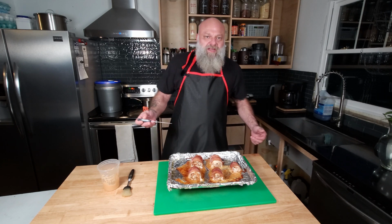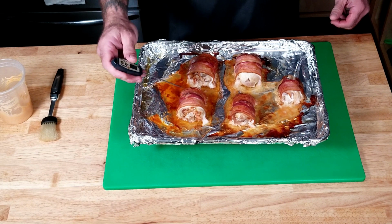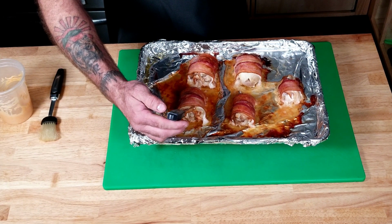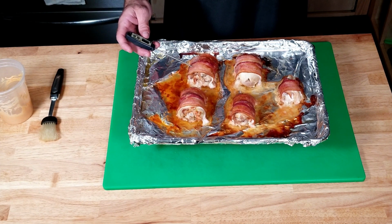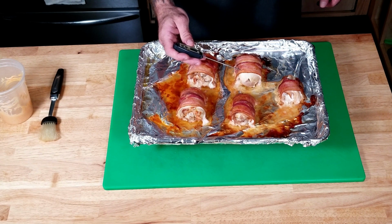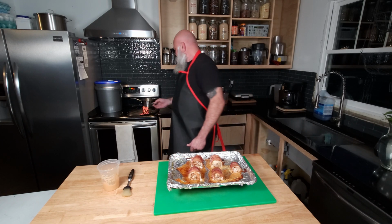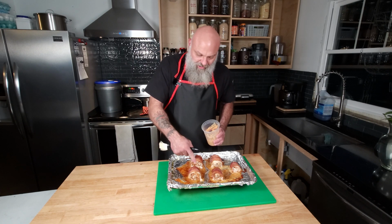All right, so it's been about an hour. We go ahead and check our temperatures. And we are definitely there, as long as you're right around at least 160. These are actually around 170, which a thigh will handle. You only have to get to 165, but you also want to get